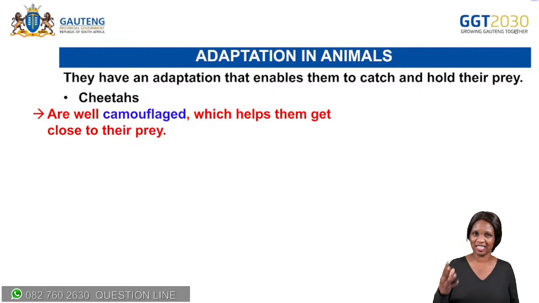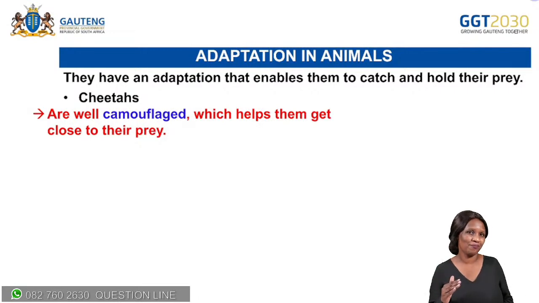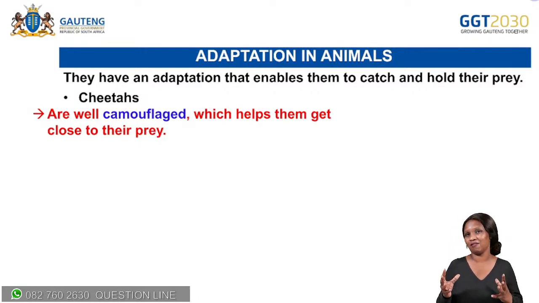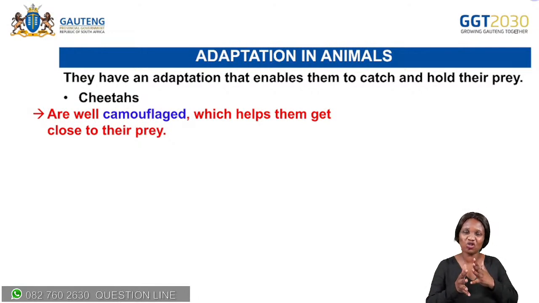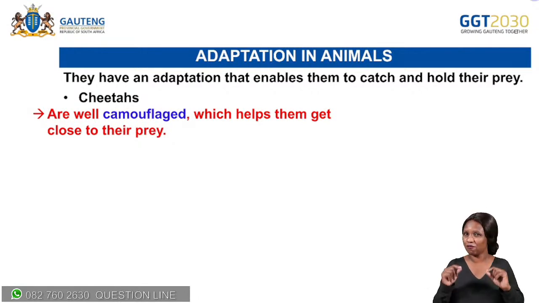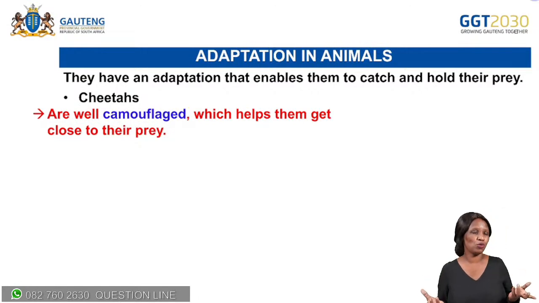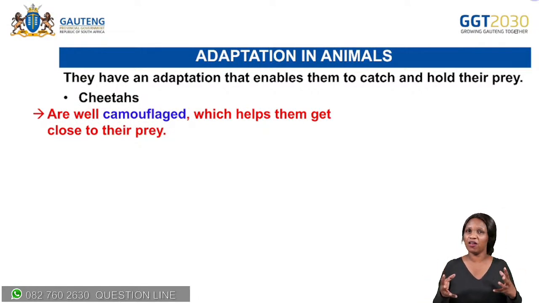We also have insectivores. They are carnivores. A chameleon is a carnivore. It camouflages itself, all right? It blends into the environment it is in. It feeds on insects and even small invertebrates, all right? Therefore, it camouflages itself. It blends into any environment that it is in. For example, if it goes to a leafy green place, it will change and become green. That is a chameleon. And then if it is in a what?